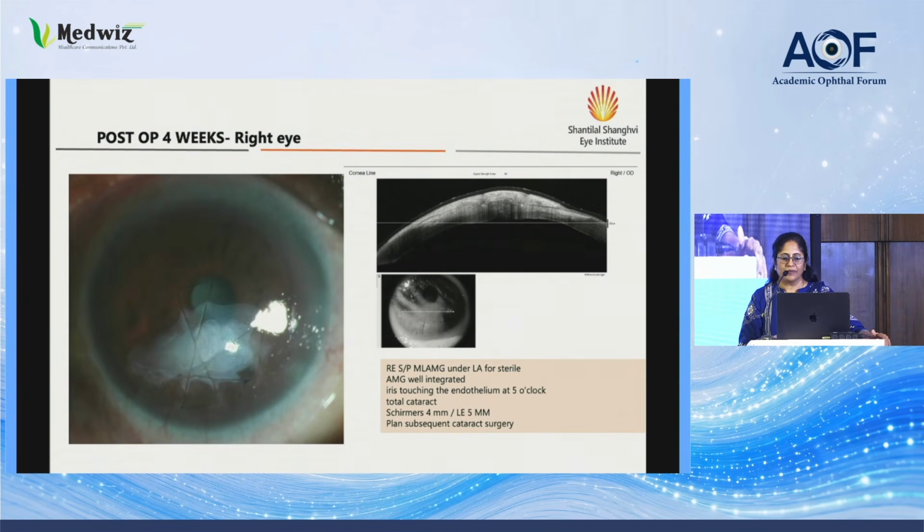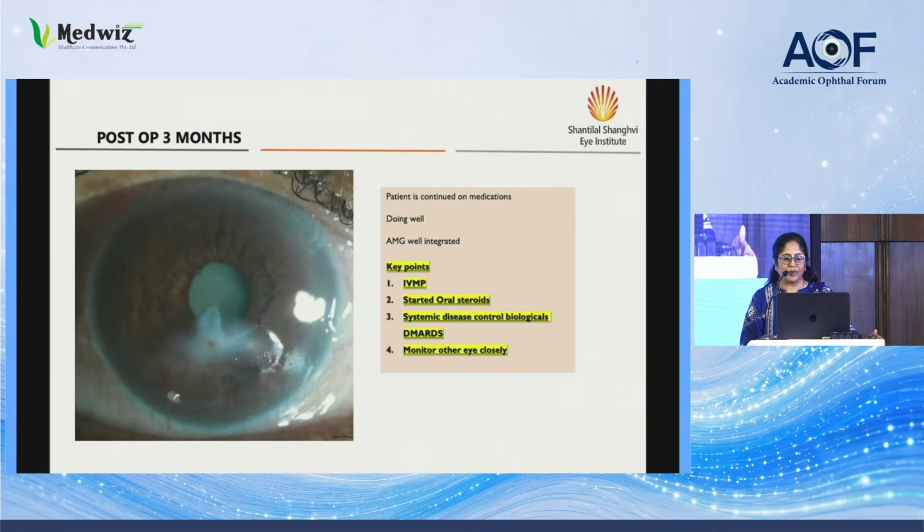With this patient, we did a Tenon's patch graft. She actually did very well with that. We can also do a multi-layer amniotic membrane, and we can also do even a simple glue and BCL. But this is the option we selected for this particular patient. You can see at 3 months, there was more scarring and a sort of incorporation of the patch. She was continuing her medications well. She had defaulted in between.